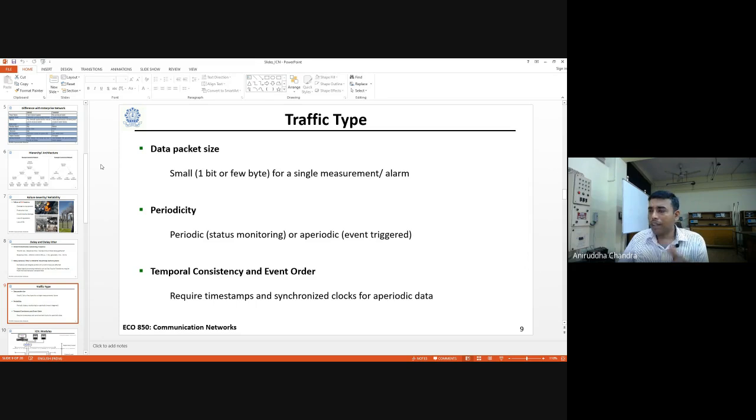Periodic means it is coming regularly, for example when you are monitoring the status of a sensor, like whether you have turned the seat belt on or not; every 15 minutes the car checks, for example. On the other hand, event triggered means there is some breakout, some fuel loss from the tank, some gas leakage, or a short circuit. Those are the events which trigger some kind of data. So there are two types of data in an industrial control network. One is regularly coming status monitoring. The other is emergency data. And sometimes it is not always related to safety.